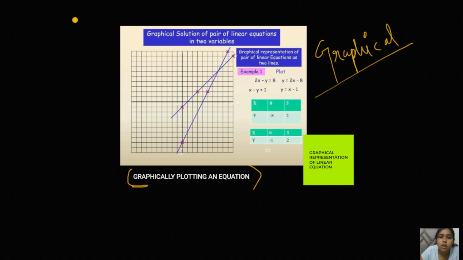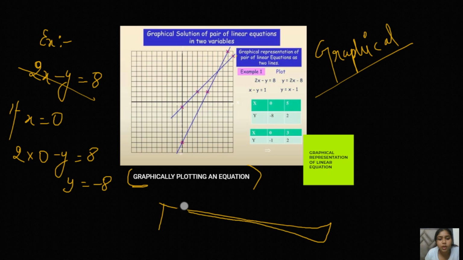So for example, here two equations are given. You can take one as an example, like 2x minus y equals to 8. This is the particular equation given. As in the previous slide I told you how to put the values and find the solution, you just have to do it in the same way. Like, if x equals to 0, right, then y will be equal to minus 8. Just make a table here to avoid the confusion.